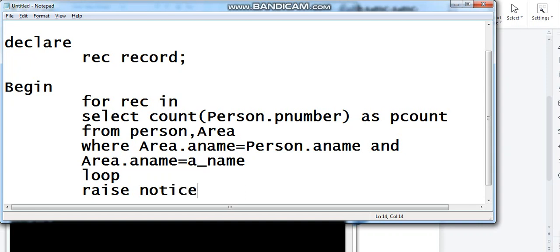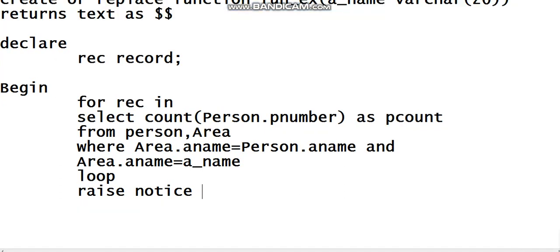Something like we do in C, where we use print; here we print the statement with the help of the raise statement. Raise notice. If we have used dollar here, then you have to write single quote. If you use single quotes, then here you have to type two single quotes, but I am making use of dollar here, so I write dollar, raise notice.